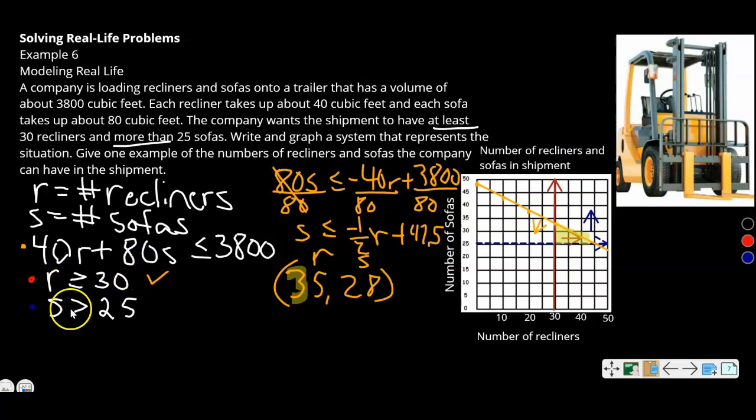All right, is S greater than 25? S is 28, so it is greater than 25. And then plug 35 in here and 28 here. And so if we do 40 times 35 plus 80 times 28, we get 3640. 3640 is less than or equal to 3800, so